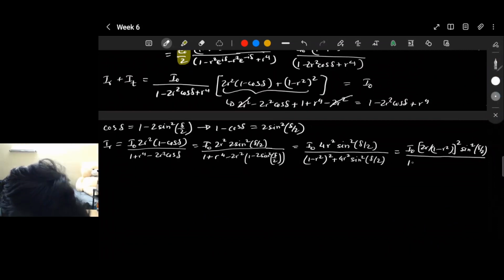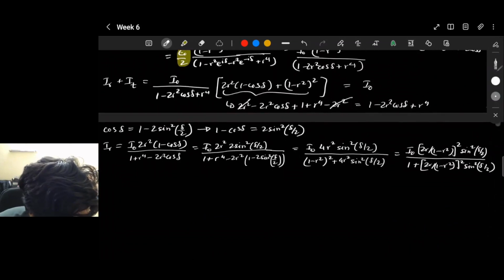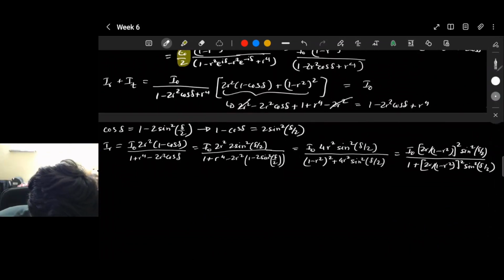So this gives me the following in the denominator. You will see why I'm taking this crazy looking term common. It's not as crazy as it appears. We will see the physical significance of this term. Similarly, for the transmitted beam,